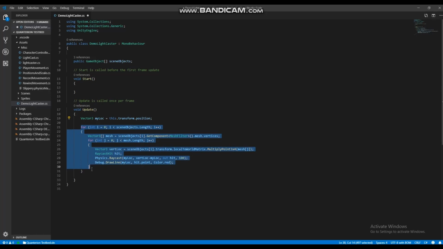The rest of this double for loop is basically so that we can go through every scene object and then every vertex within each scene object. So as you can see, this first for loop starts at 0 and then goes through the sceneObjects.length. So we can loop through all of the scene objects. And then in here,